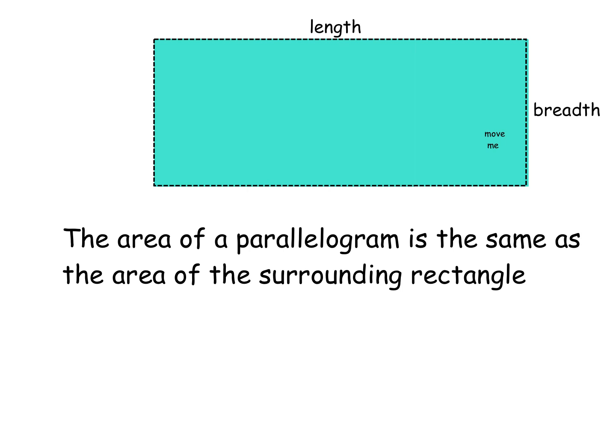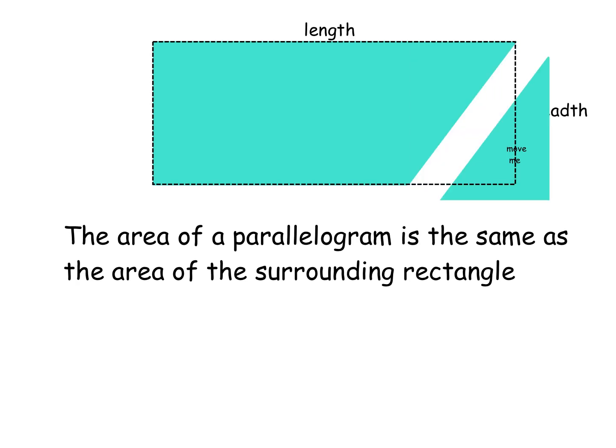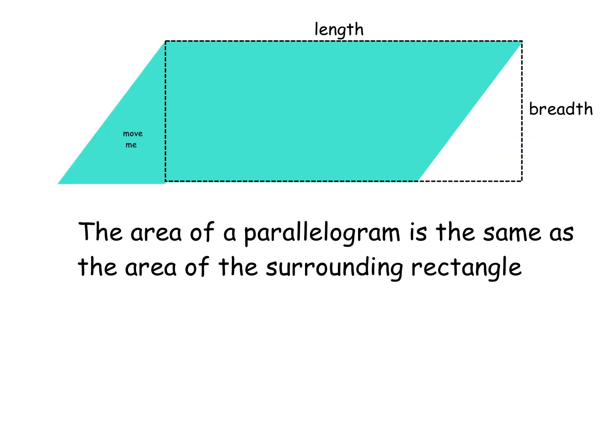So here I have a rectangle. This works so much better in the classroom where I can physically move the shapes around. So this is a rectangle which is length times breadth, base times height. And then it asks me to move this little bit here at the side. I can't physically show you it moving on the slides, but I can show you it in steps. So if I was to draw a triangle here on the bottom right hand side of this rectangle and cut it off like that, I can then move that triangle to the left hand side as so, and you see